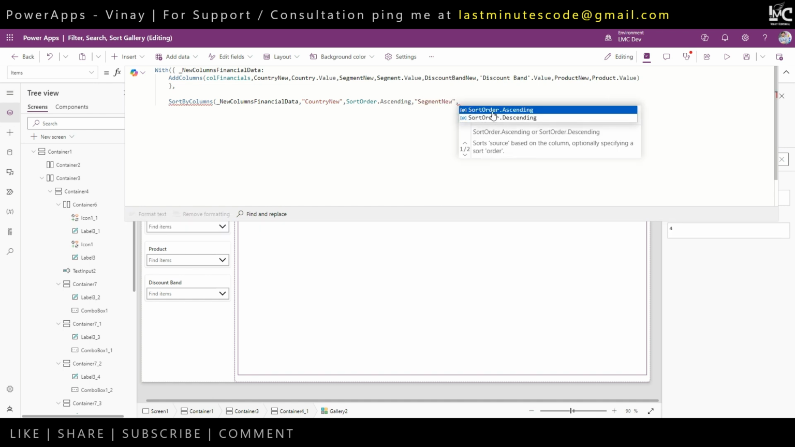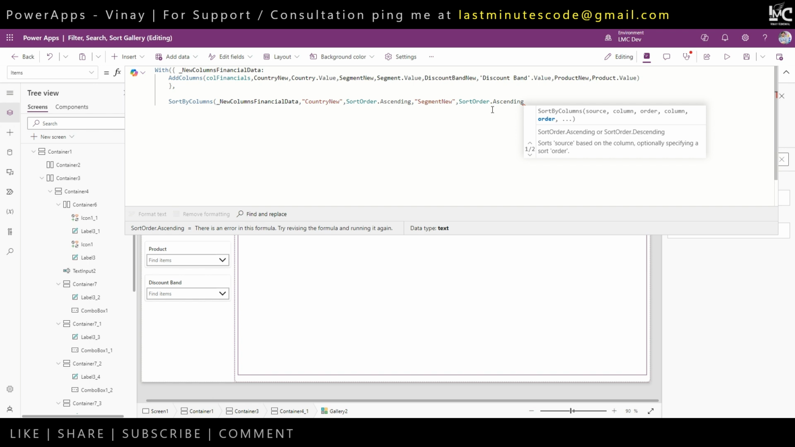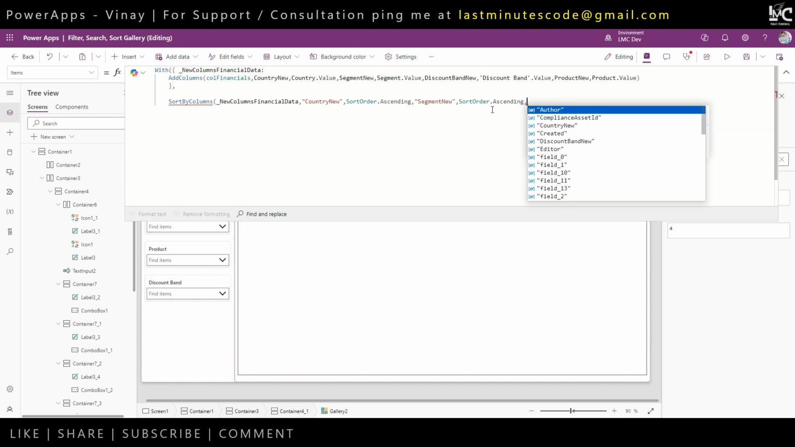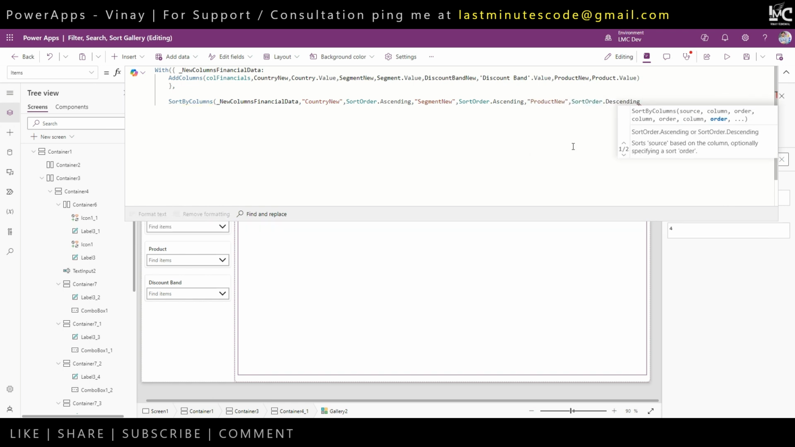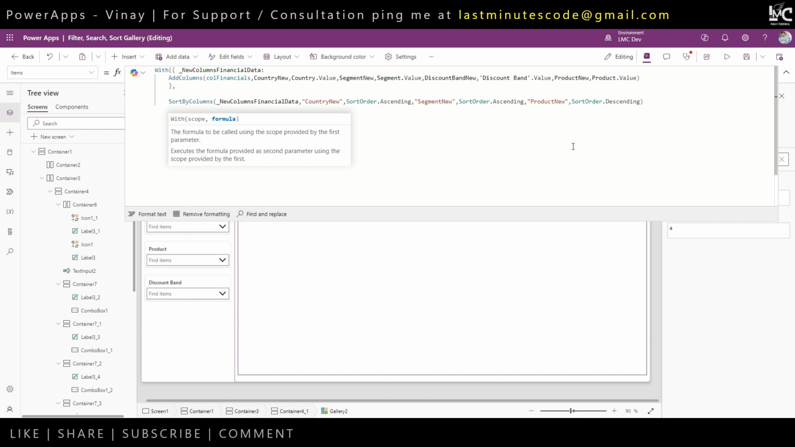How do you want to sort? I want to sort this also by ascending. Further, how do you want it to sort? Let's say I want to sort by product. Okay, product new. How do you want to sort? Let's say this time I want to sort this by descending, and I'll close the bracket, close one more bracket